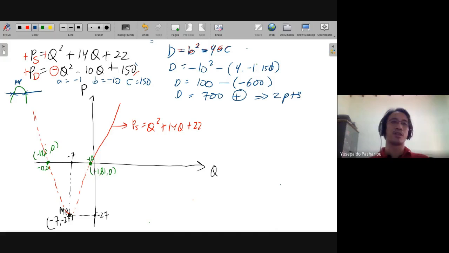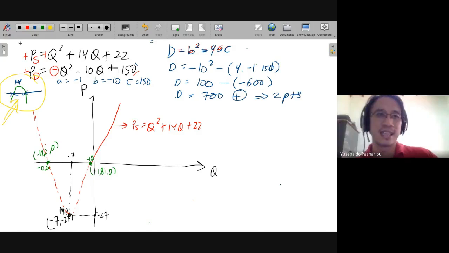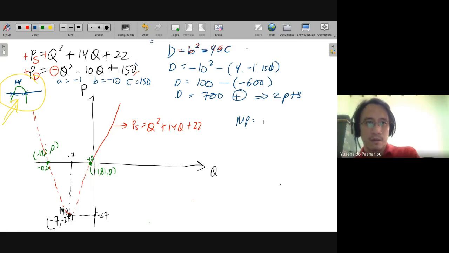with one maximum point. So this is how we draw the maximum point. And this is the imagined graph for the second function. So if we are going to calculate the maximum point, I think you can do this too. This is quite easy. So the maximum point using the formula minus B over 2A, and minus B squared minus 4AC over 4A.